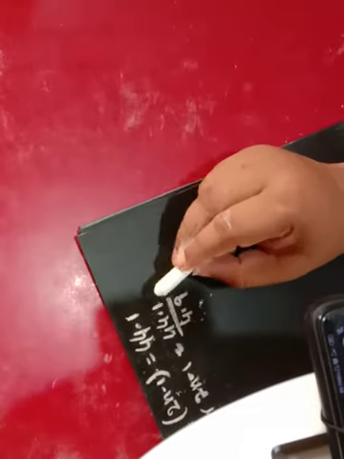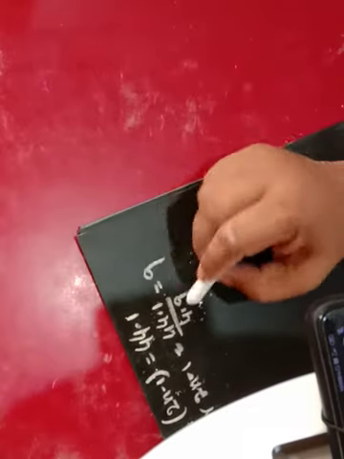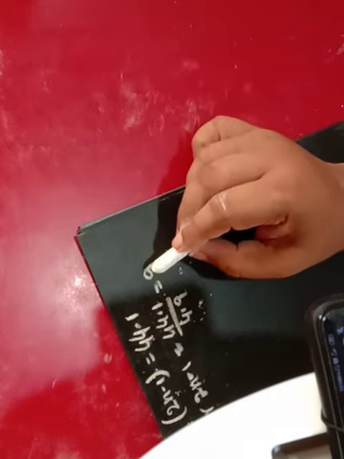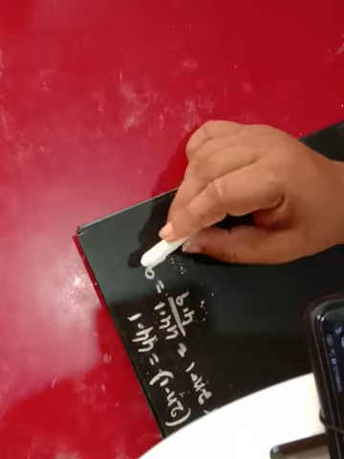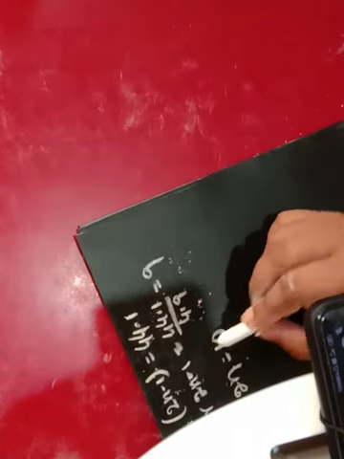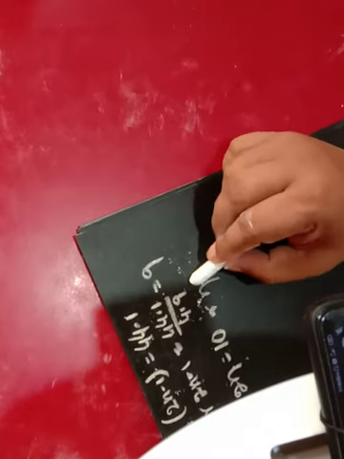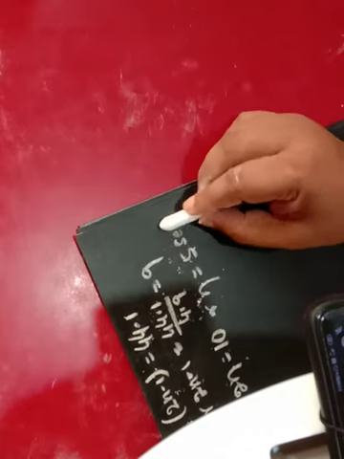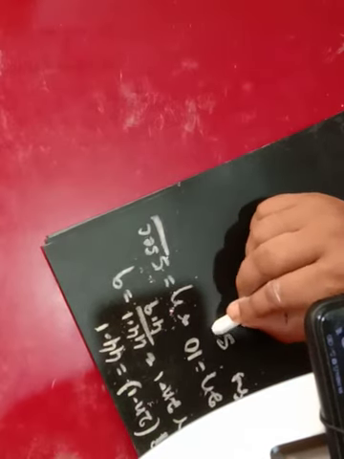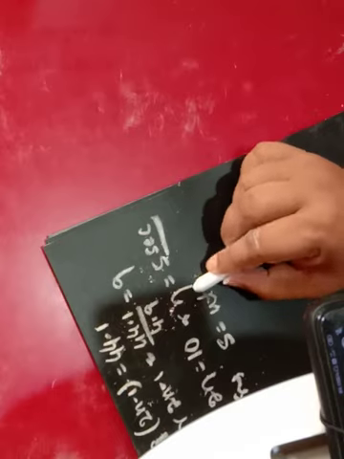That will be 9. Or 2n equal to 10, or n equal to 5 seconds. So the total time taken by the stone is 5 seconds. If you know the time taken, you can calculate the height, using s equal to ut plus half a t square.